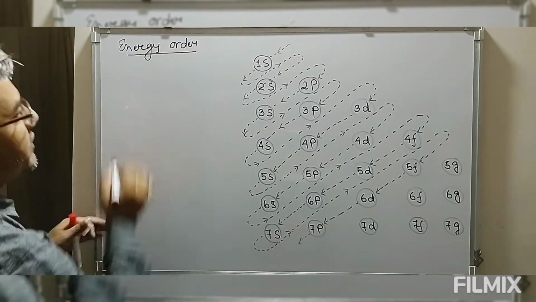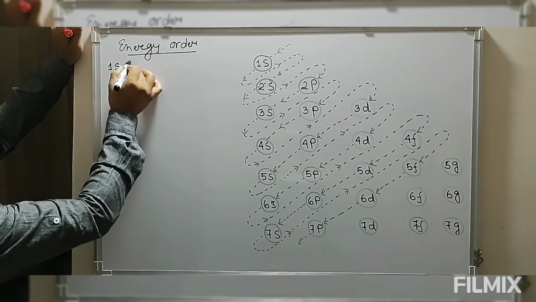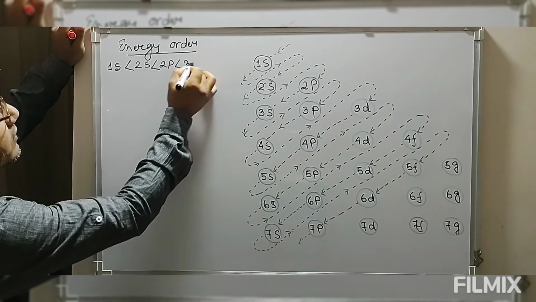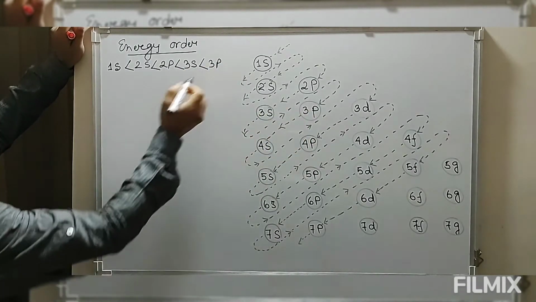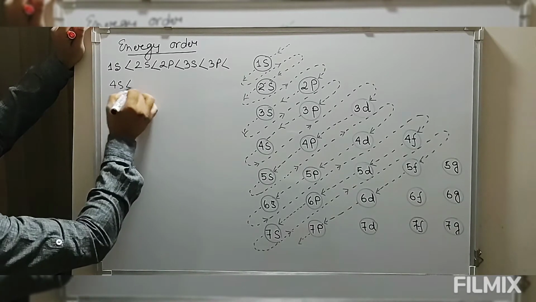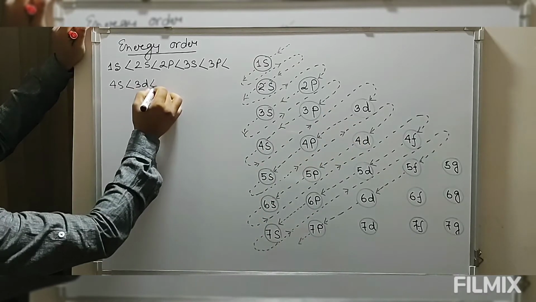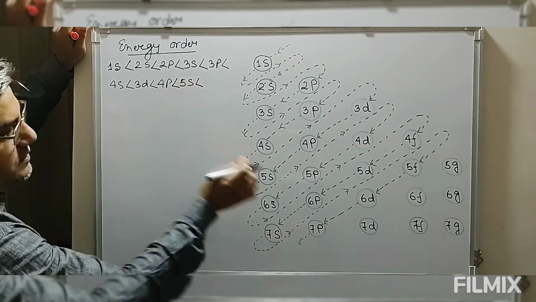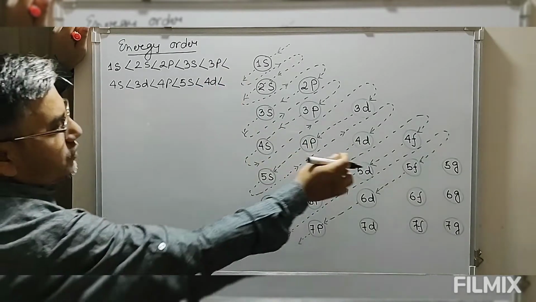So the energy order of various electrons is: the lowest energy is 1s. After this we have 2s, then 2p, then 3s, then 3p. After 3p we have 4s. After this we have 3d, then 4p, then 5s. After 5s we have 4d, and after 4d we have 5p,